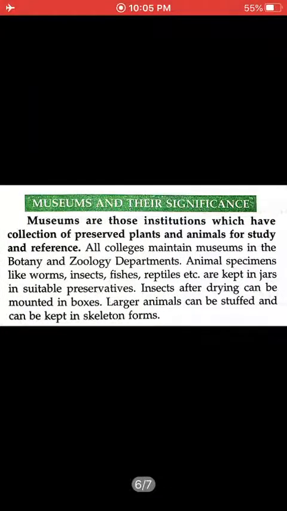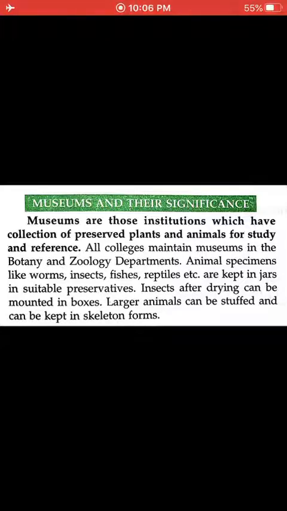Now next is museum. A museum is a place or institution where animal and plant specimens are collected for study and reference. You might have seen the specimens in the labs where various kinds of sea animals are kept in jars. They are the specimens. Such things are kept in the museum, whether in a dead or dried manner or in the form of specimens, so that one can study the evolution of life,